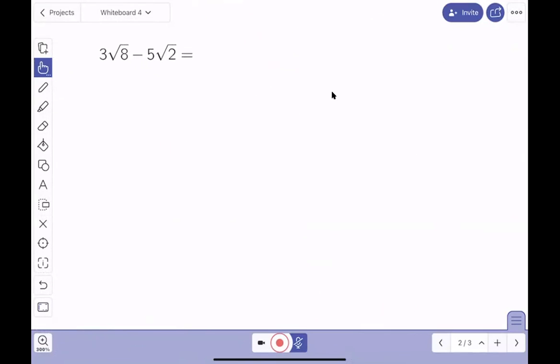All right, what's my goal over here? It is to combine these two terms. There's two terms in the problem. My first issue, though, is the root of 8. It's got trouble. And what's the trouble going to be? They want me to simplify it. And let me write this on the side for you. So the root of 8,